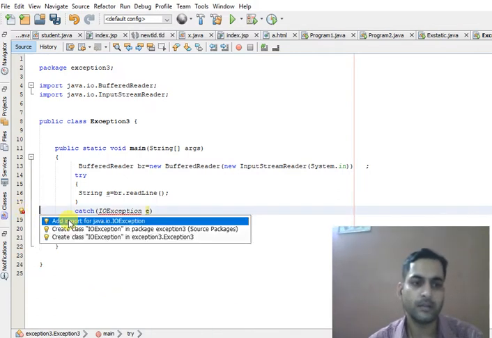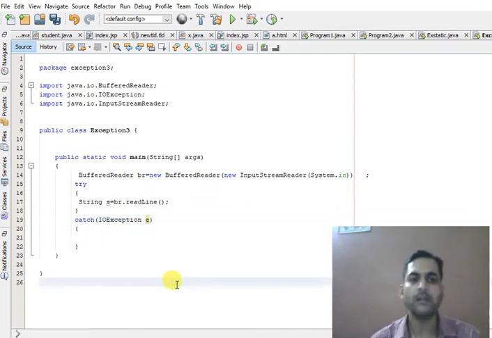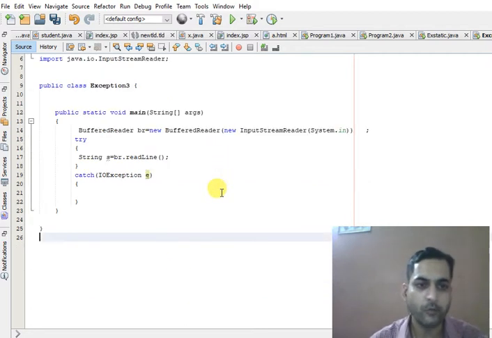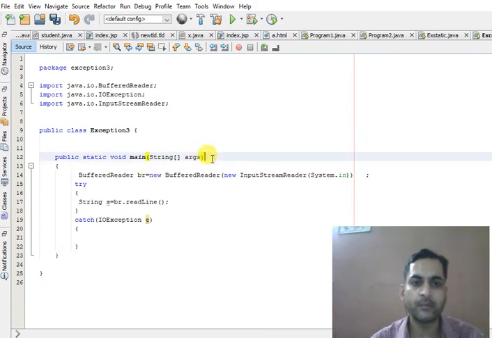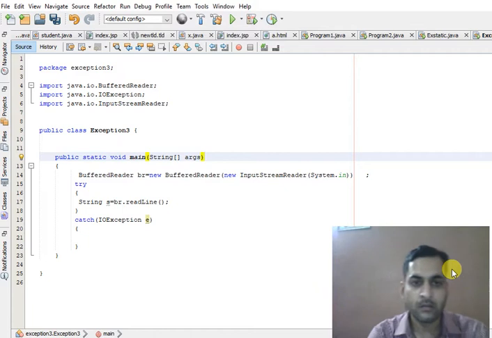Right, this also needs to be imported. So this is one way to handle it, and if you do not want to handle this, then you can declare it by using the throws keyword. Throws IOException.